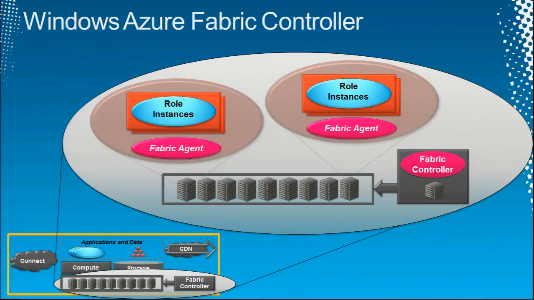So the Fabric controller is able to deploy instances in ways that make good sense based on the load on the computers it owns. But it does more than this, too. Remember I told you earlier that when you give Azure an app, you say, Azure, run my app, and I would like, let's say, 3 web role instances and 2 worker role instances. The Fabric controller will start those for you and then monitor them. If one of them fails, if the VM crashes, if your app fails, the machine it's running on fails, the Fabric controller will notice and will start a new one.